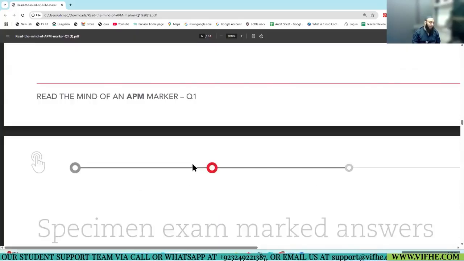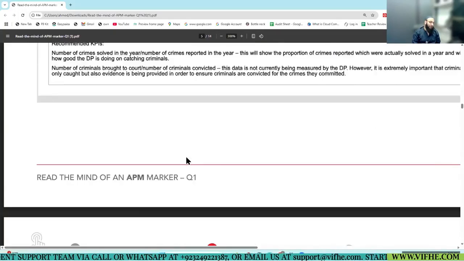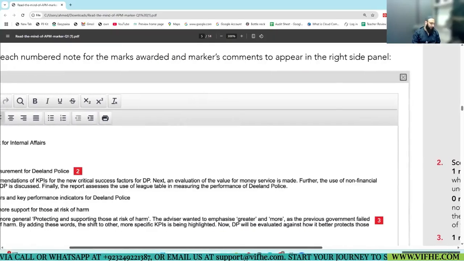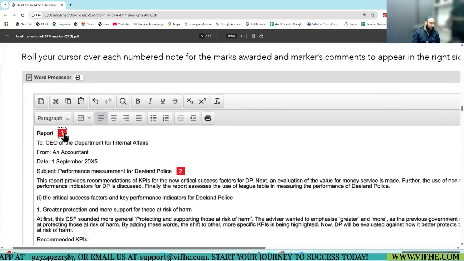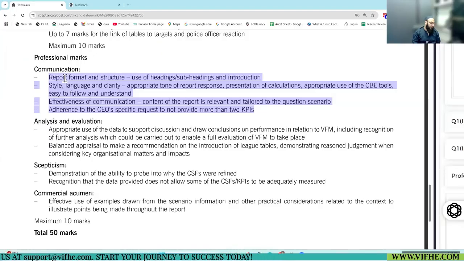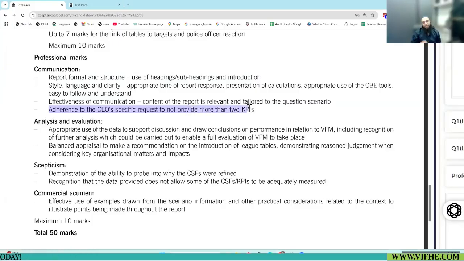Four things under communication. What were those four things? Number 1, style of the report, format, effectiveness, and yes, I forgot this: following the CEO request not to provide more than 2 KPIs.